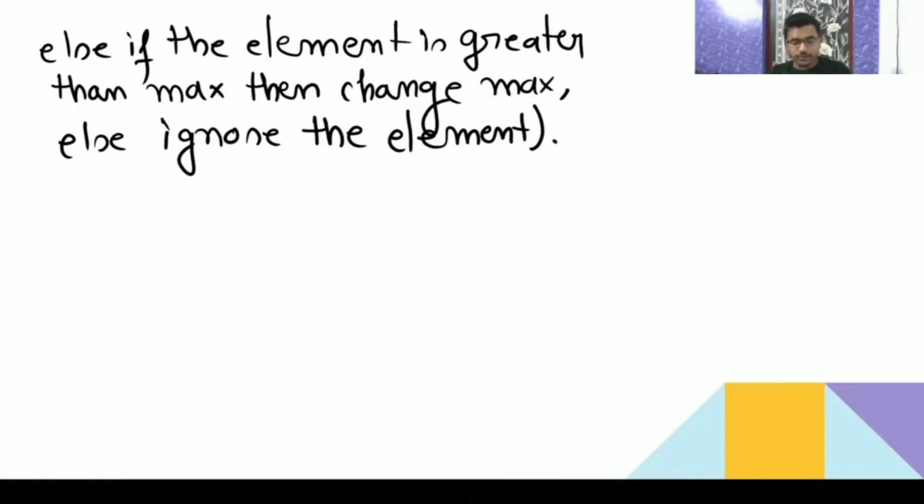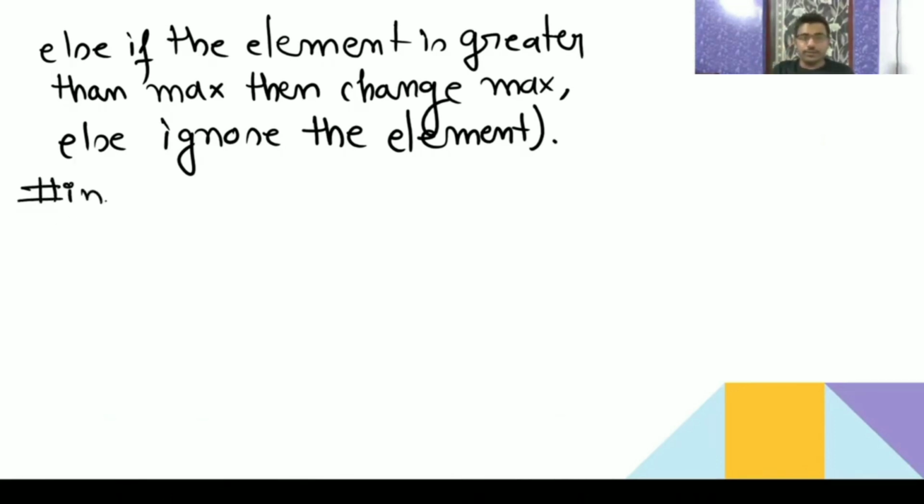Okay. Now we will write the code. So you have to return, means if I call that function, you have to return the values min and max, minimum as well as maximum. Okay. A function can return only one value. So since you want to return two values, minimum as well as maximum, you require another data structure, that is a structure. So we need to declare a structure here.